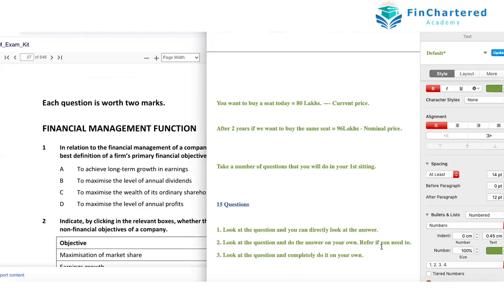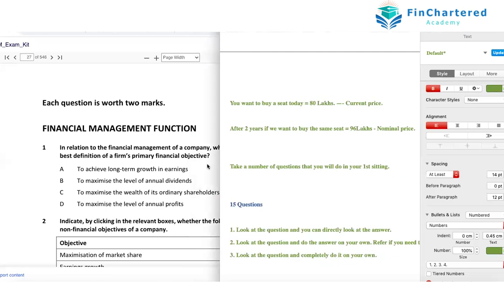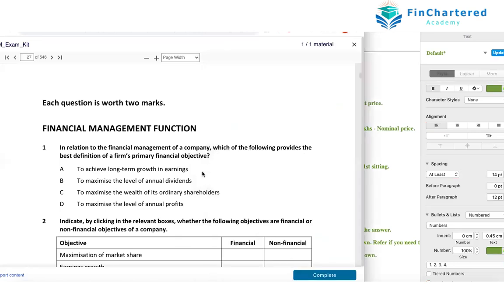And again, many people say that, oh, will this not take time? No, this actually saves time. Because it eliminates the panic. You are acknowledging the fact that you are just starting the kit. It's okay if you don't know anything. So the panic element is gone. So automatically, if the panic element is gone and confidence element is up, speed will pick up.